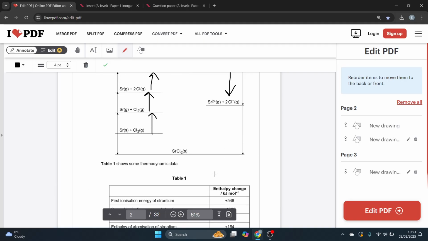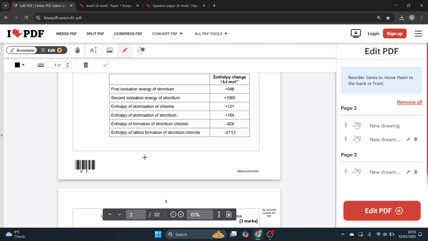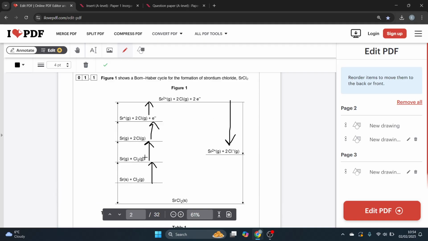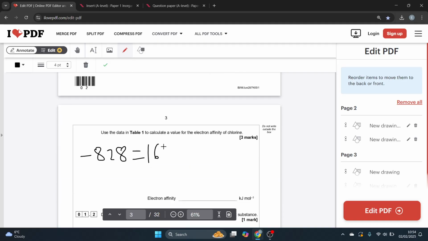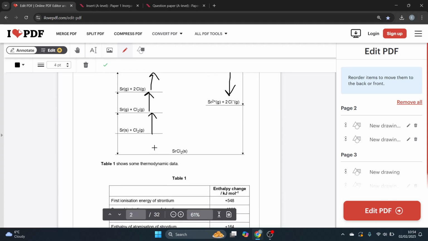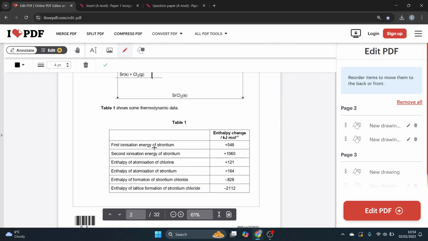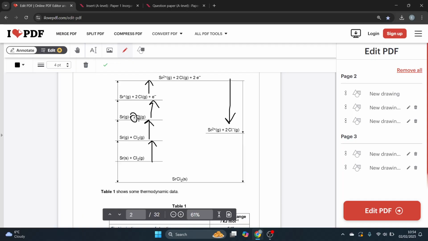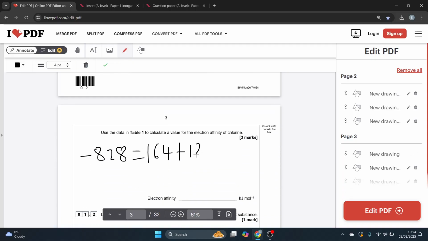So it's going to be minus 828 equals 164 plus 121, but because I've got two chlorines, it's 121 times 2, so 121 plus 121